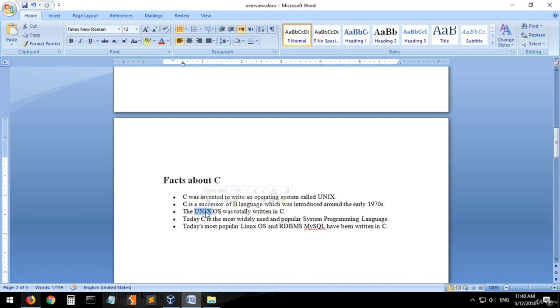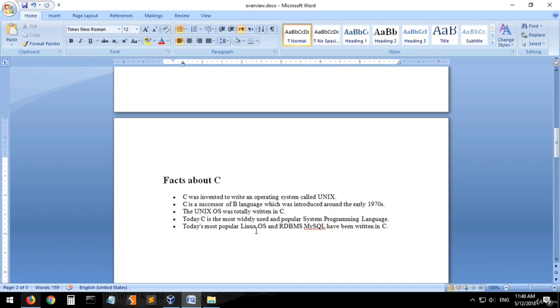Before C, the Unix operating system was written in assembly, which is a very hard, complex language, and it is very fast because it is close to the hardware. Today C is the most widely used and popular system programming language.